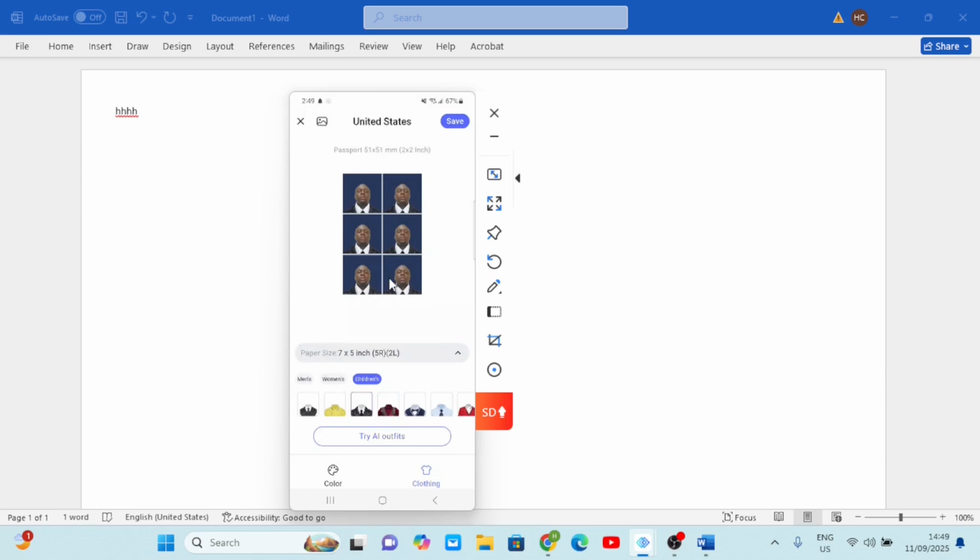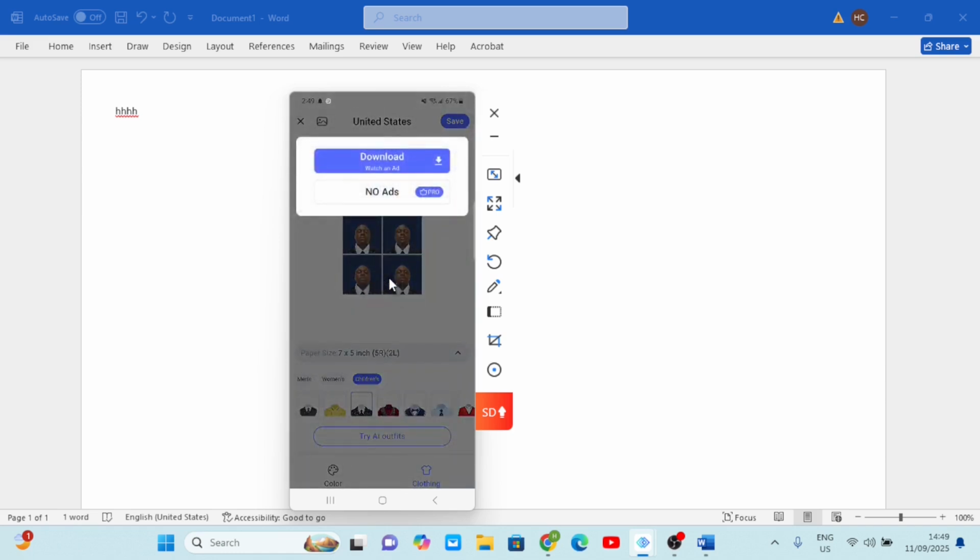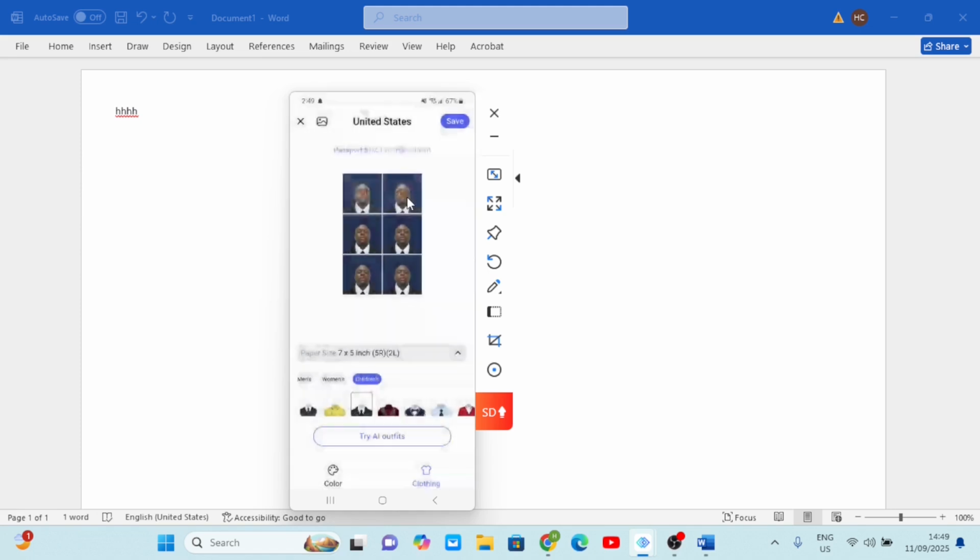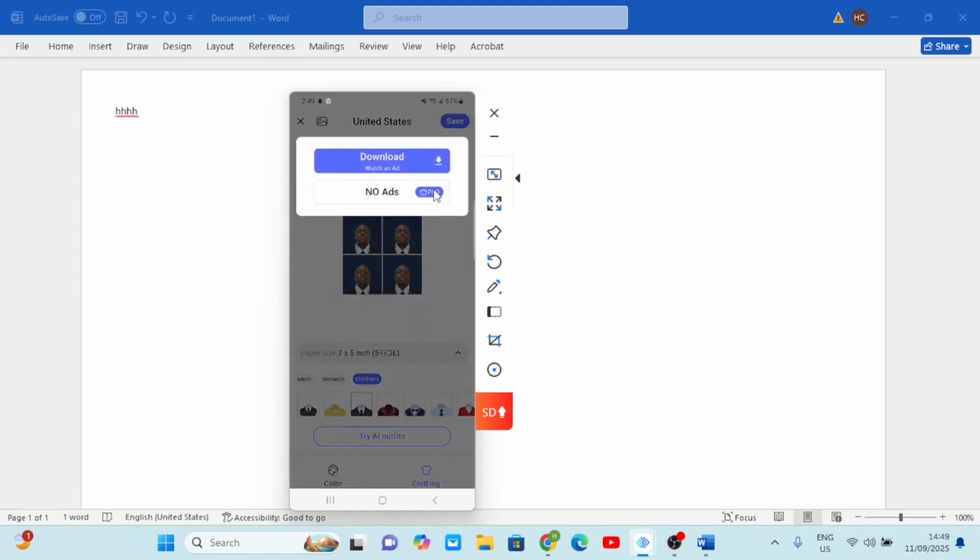You must remember that we chose United States and I click save. Once I click save, it says download. Now if I download, there are going to be ads popping up. Ads are advertisements that people have created online, millions of people are creating ads. So they are telling you that if you want to have this particular app and you don't want ads coming and disturbing you, you can go to pro. This pro means paid version. So we are not paying, we are using the free version. So if I come here and click that small download item here that says download,